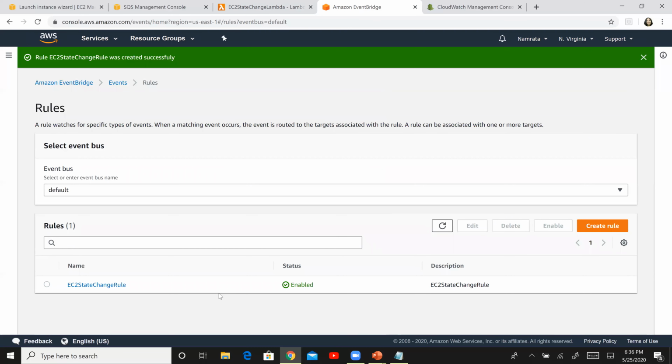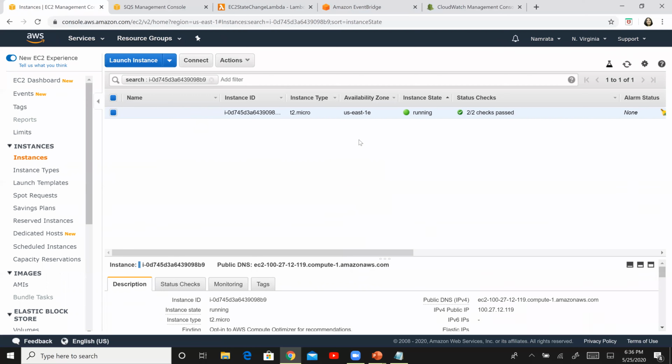Okay, now time to test our rule. So this is our EC2 right there. And our instance should be up and running. It is. So it is running right now. So remember that our rule is going to be triggered when this instance is either in stopping or stopped stage, or I think terminated also, I think we added that, right?